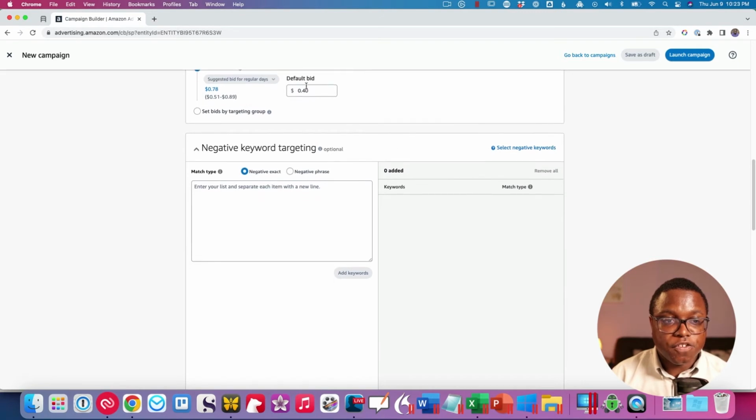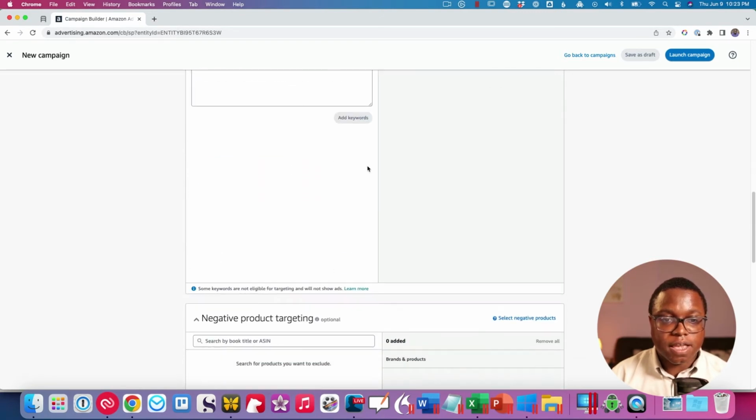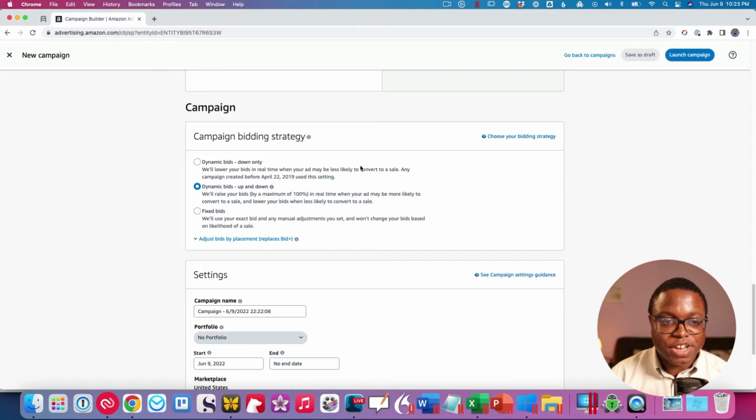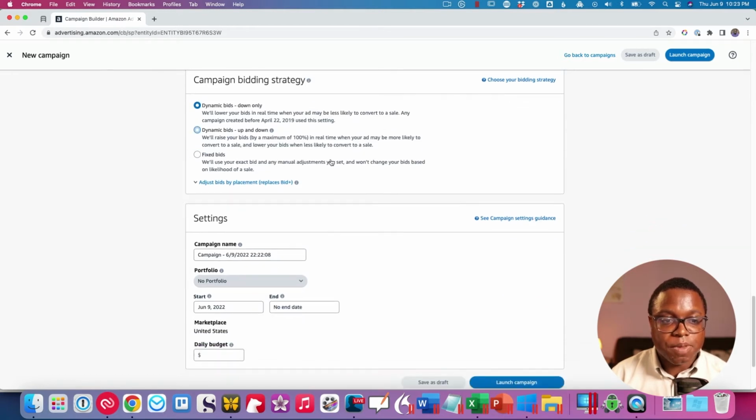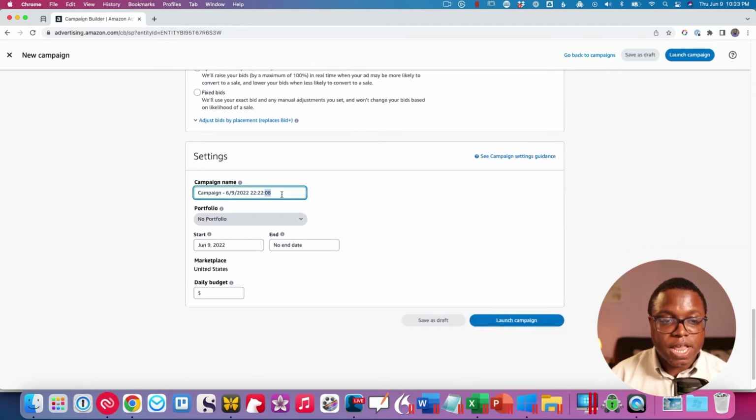And then just make sure you don't forget to change that. It's a rookie mistake. Everybody does it. You forget to change it. And then I'll change this to dynamic bids down only. And then you rename it. And as you'll notice, the only thing I didn't have to do here is put in